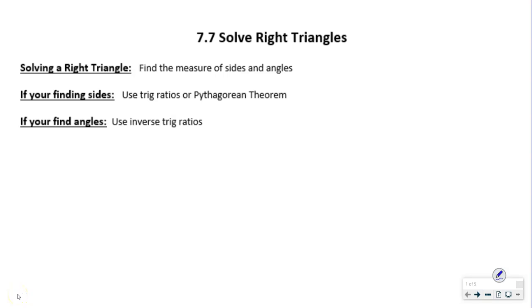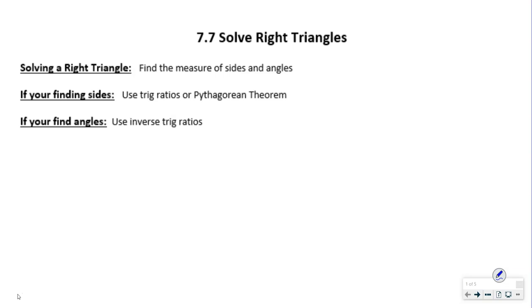All right, class, next section, 7.7, solving right triangles. Solving a right triangle means to find all the measures of all its sides and angles. Finding all sides, all angles. You can solve a right triangle if you know either two side lengths or one side length and the measure